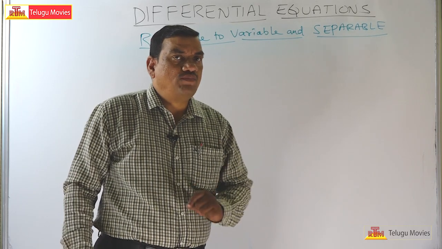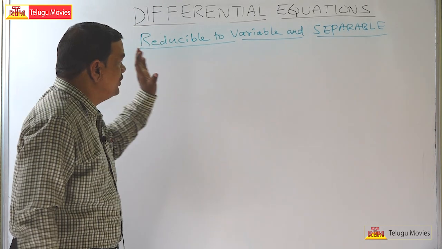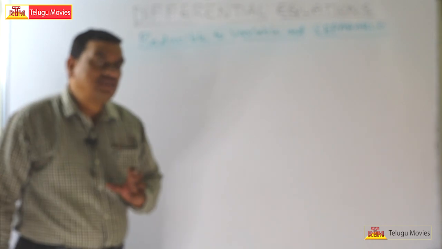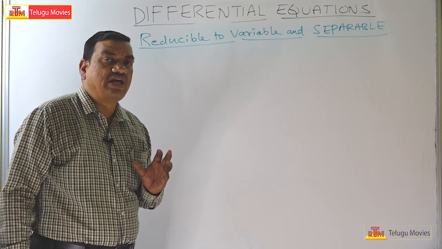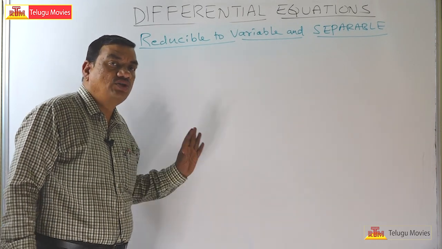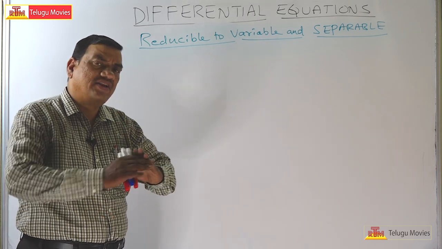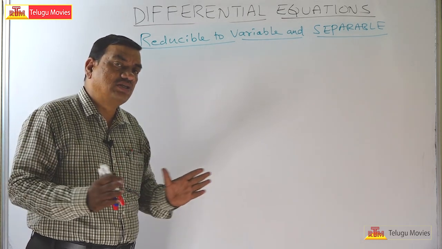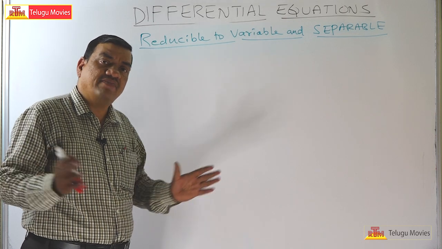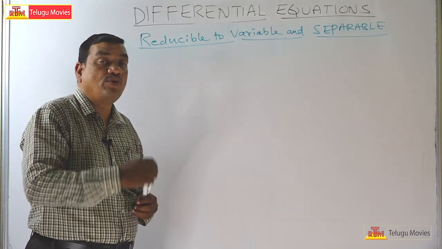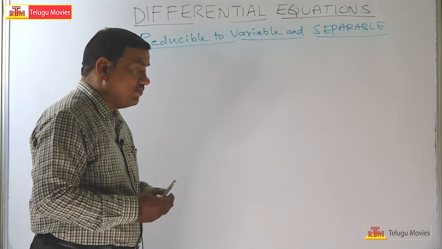Dear students, welcome to this concept. This is the reducible to variable and separable method. So there are certain differential equations. So far we have seen two types of differential equations, where the variables are easily separable. The variables will be separated very easily. But there are certain problems, so they are of the form